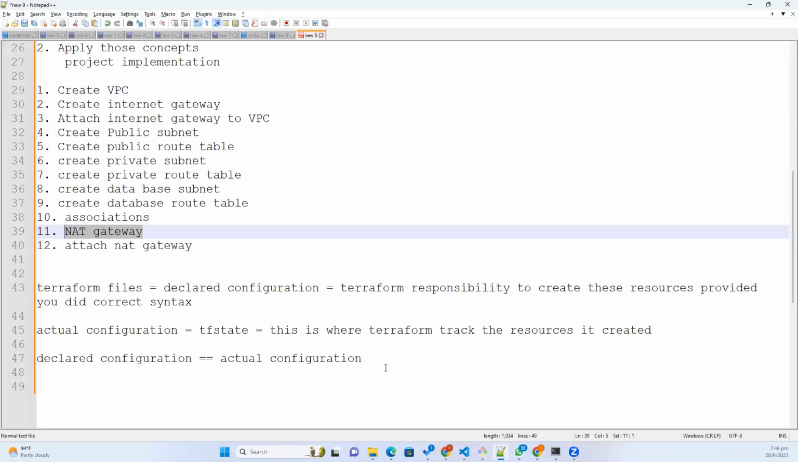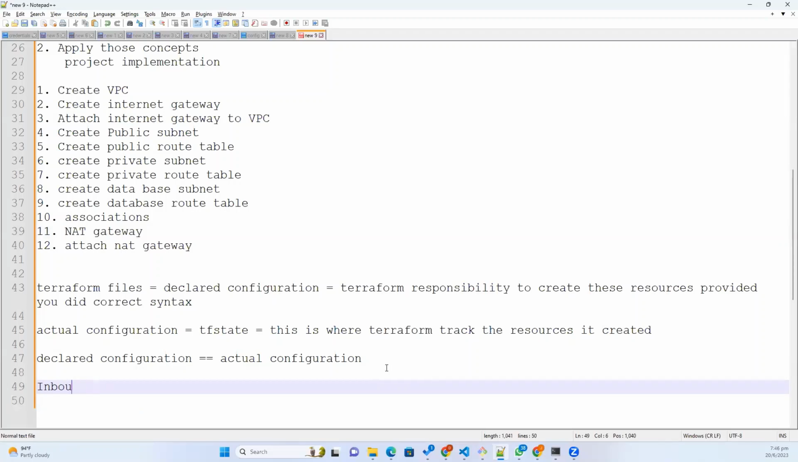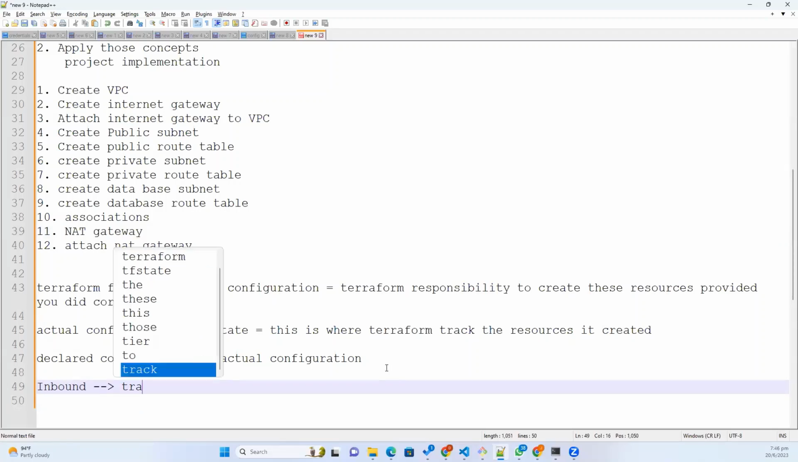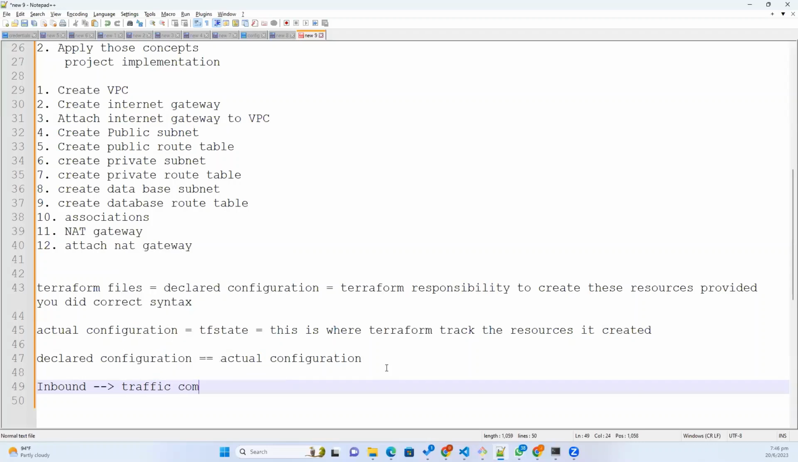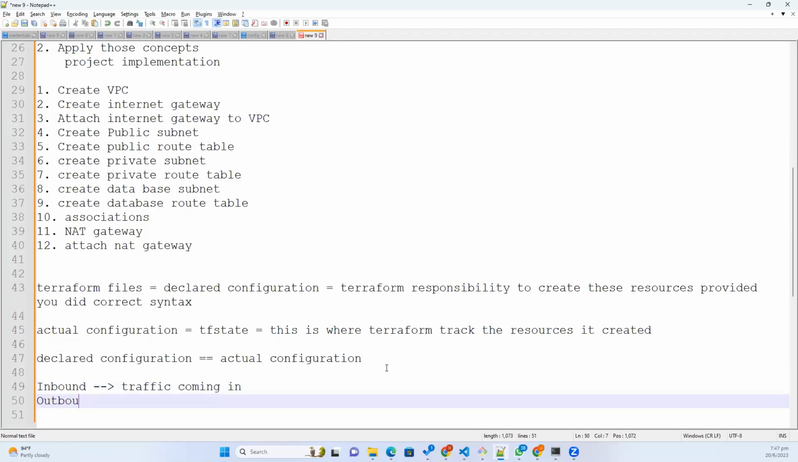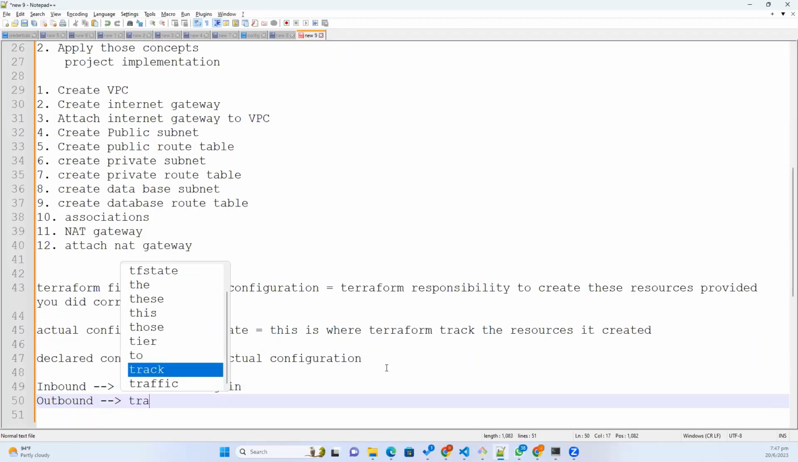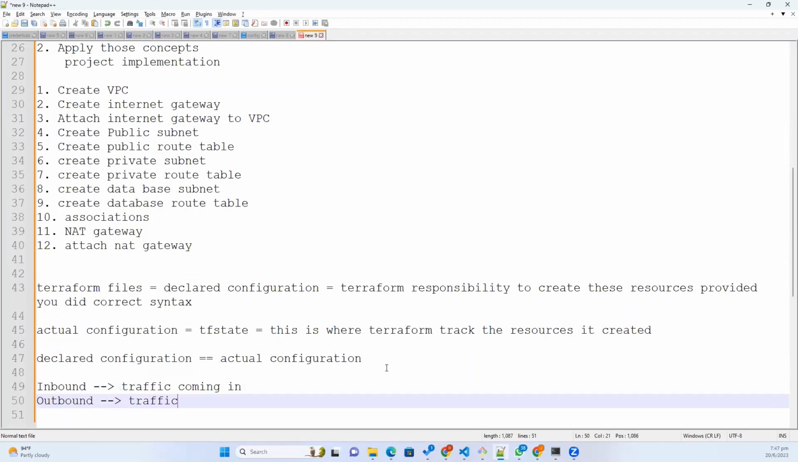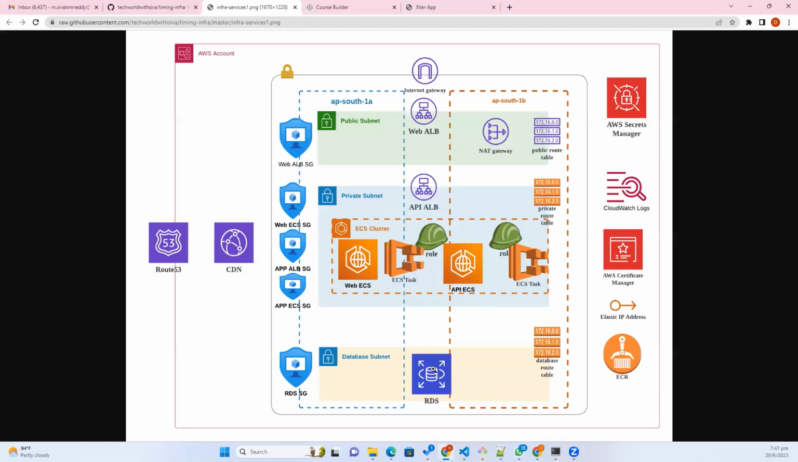So traffic coming in is called ingress or inbound. Traffic going out is called outbound. Inbound is nothing but traffic coming in, and outbound is nothing but traffic going out. So outbound traffic is completely in our control. So for these private instances, the databases and all those things, if you send a request to the outside world,